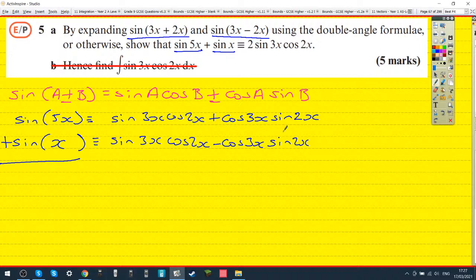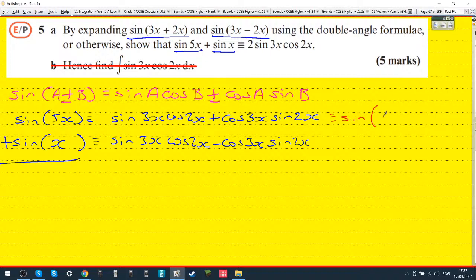Wait, I'm confused. The top one is sine 5x. It's the same as sine 5x. So divide by 5x, but also both sides. You're very confused. Okay, so this top one